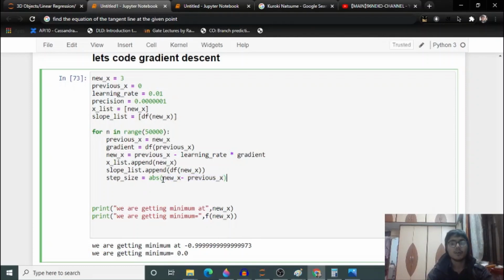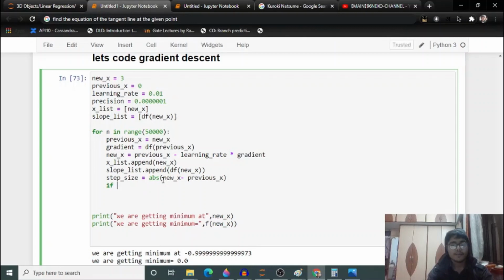So now I will write if step size is less than or equal to this precision, I want to break.